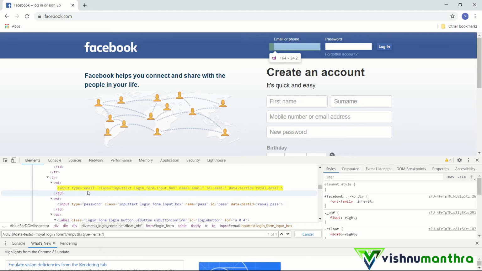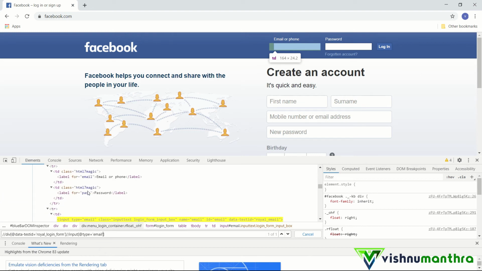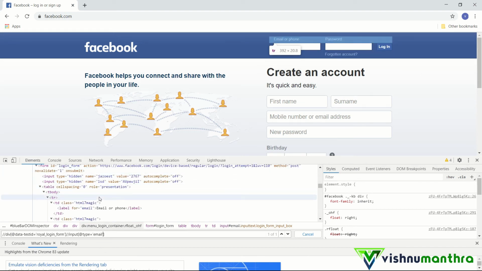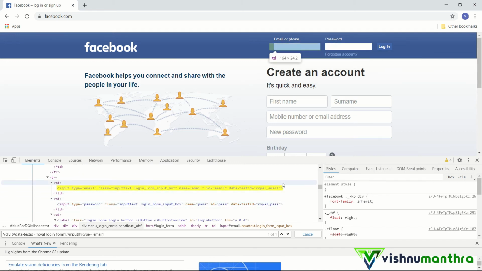Because at times there may be cases where one parent will have this element with the following attributes, and another parent will have the same element with similar attributes. So we won't find anything unique if we try to use these basic components. So we may have to first go to the parent and then come here rather than straight away coming here. These sort of scenarios will appear in your automation and you can use this.